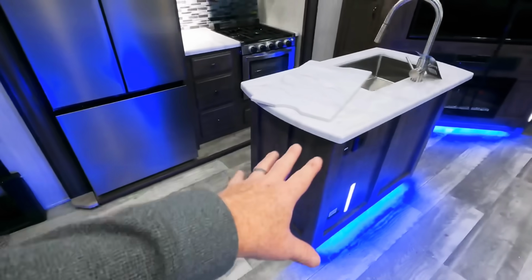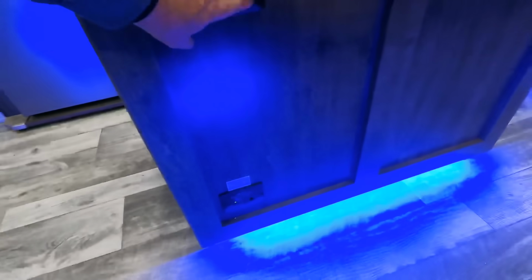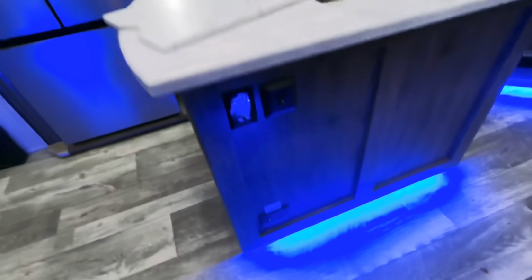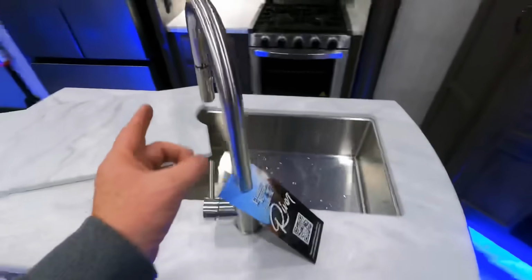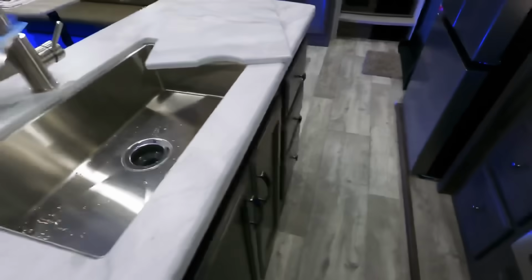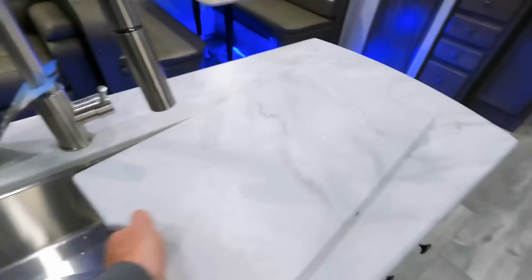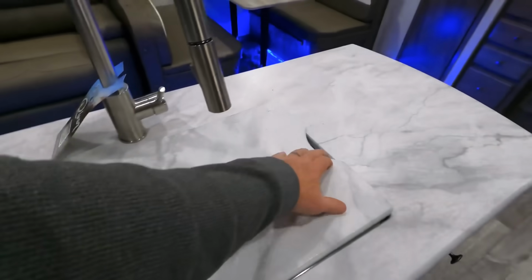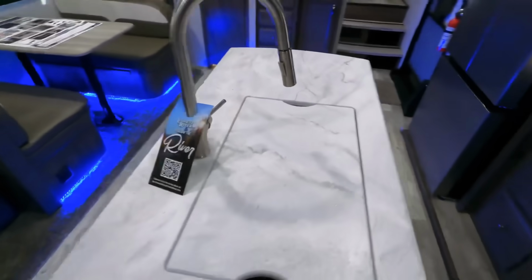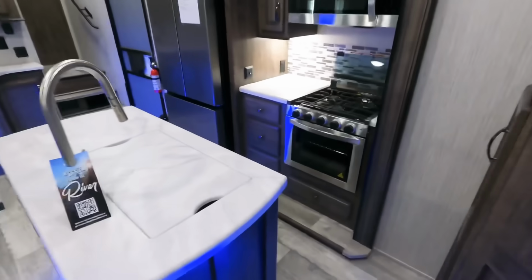The island in the middle is going to be in fact a pressed membrane countertops, and you will have additional accent lights on the bottom. Stainless steel drop-in sink with a high-rise residential faucet there, and you do have additional drawers on this side of the actual island here. Additional cover provided, that way you can extend the actual prepping station, you know, whenever you're cooking on this massive